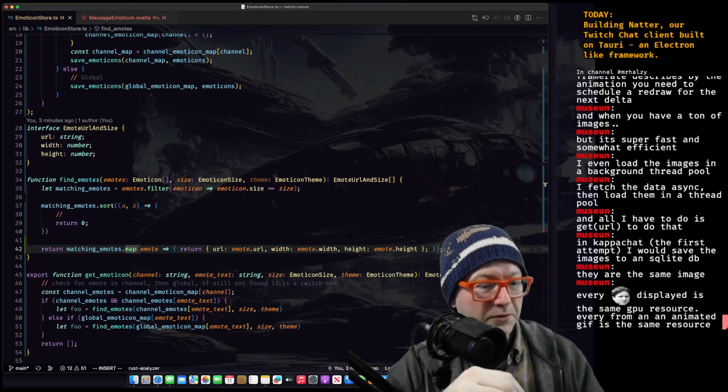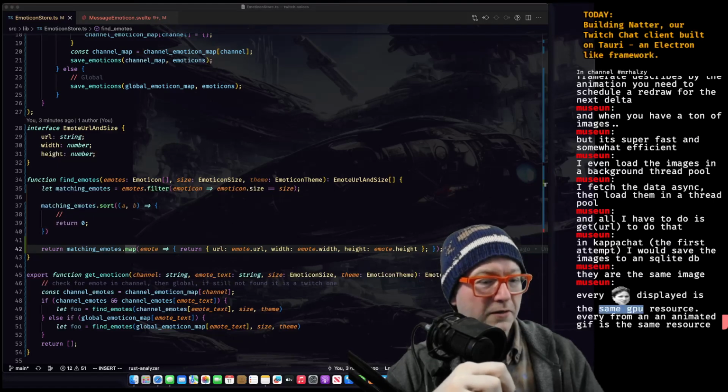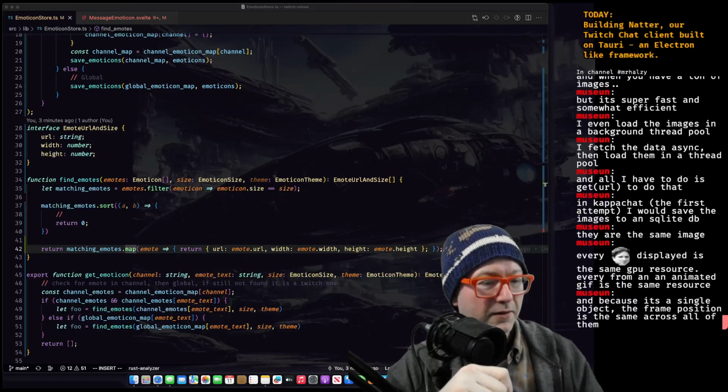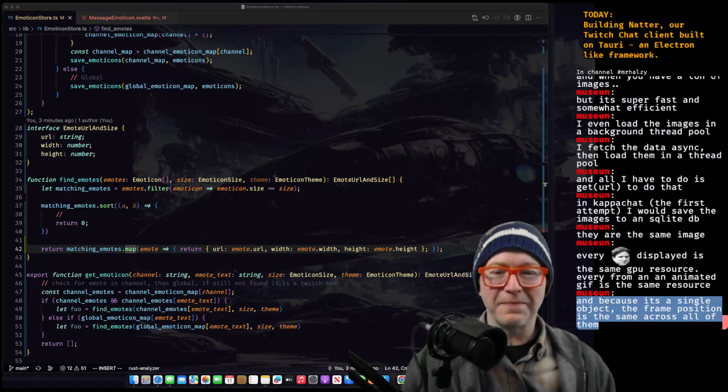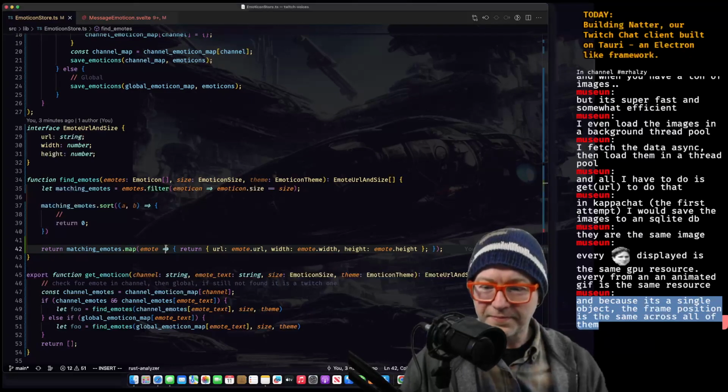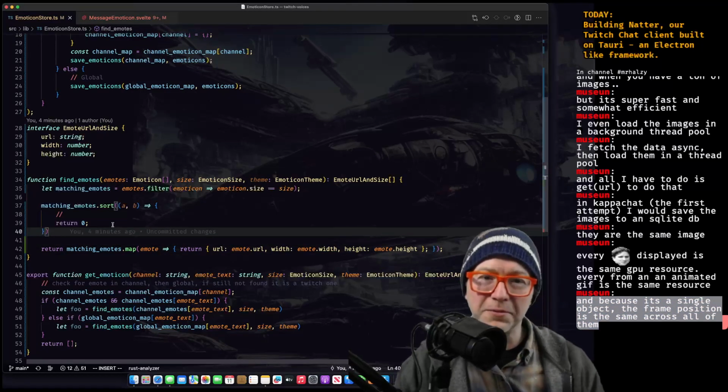It's the same GPU resource. Oh, okay. So they would be rendered exactly the same. Okay. Got it. Oh, that's cool. It could create some cool effects, right?